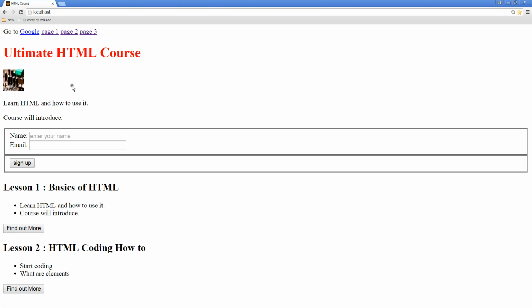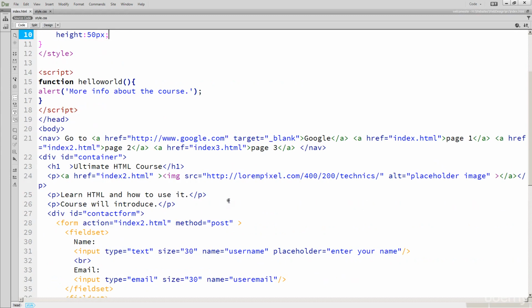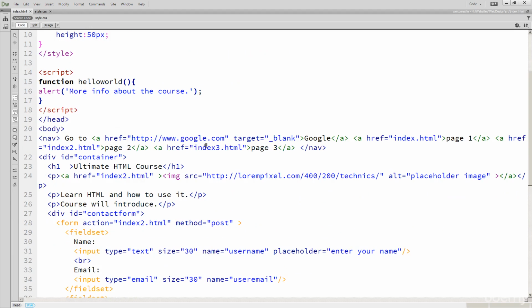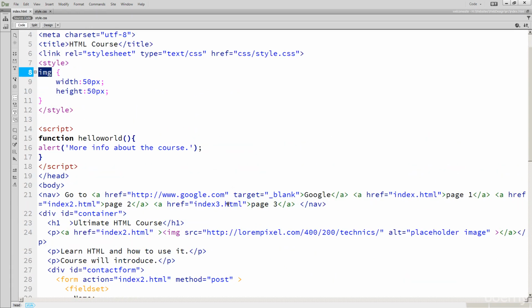So all that the browser was doing with the HTML code was rendering out this image at its default size, which is 400 by 200. But with CSS, we were able to override that setting and select that image. So again, the CSS is going to control particular parts of the HTML code, so only the relevant